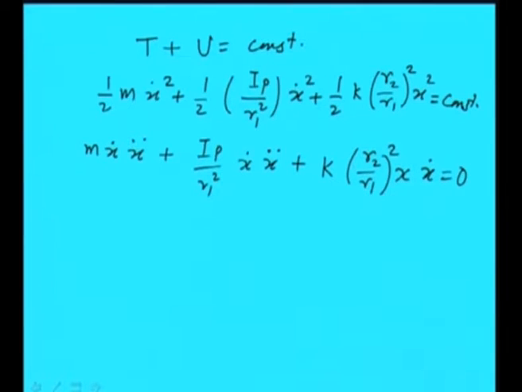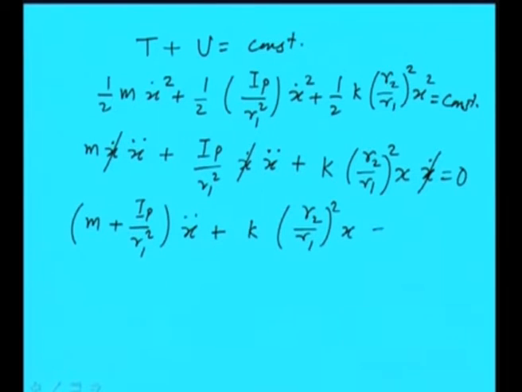If we simplify this, we can take the common terms, like x dot is common throughout, so we can take it out. Then m plus IP by R1 square, x double dot, plus K R2 by R1 whole square x is equal to 0. So this is the equation of motion of this system, and if we write this in standard form,